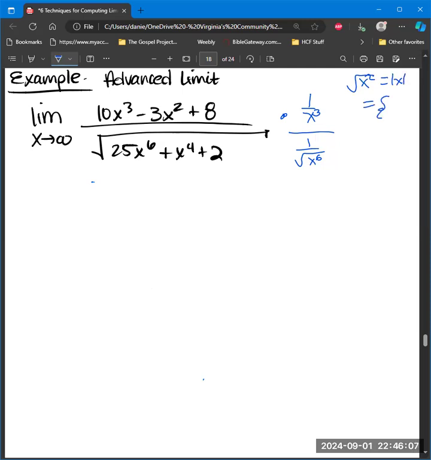So I need to think about when I have an even number on the inside that comes out as an odd number on the outside, like this would, if I pulled it out, that it really is x if x is greater than or equal to 0, and it is a negative x when x is less than 0, because it's equal to the absolute value of x. So a couple of different ways we can deal with that, but I'm going to just put this on the inside like that, and